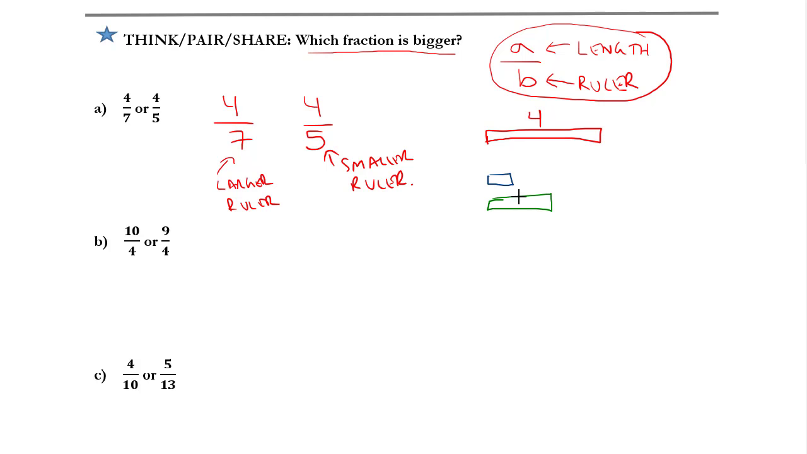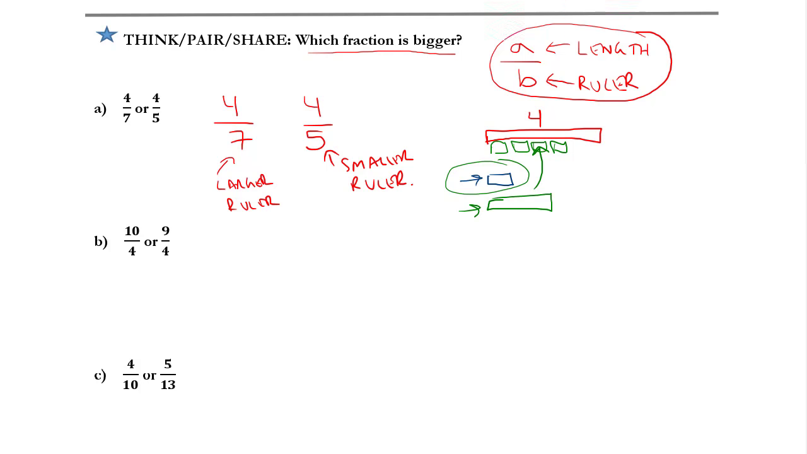Would it take more of the small ruler or more of the large ruler to measure this length? The answer is that it would take more of the small ruler, because the small ruler is smaller, so you'd have to have more of them to measure this length. So that means that, if we want to go back to here, one way that we can reason about which